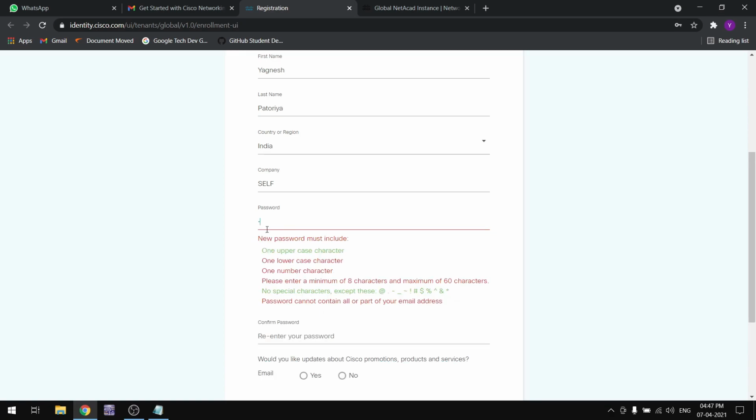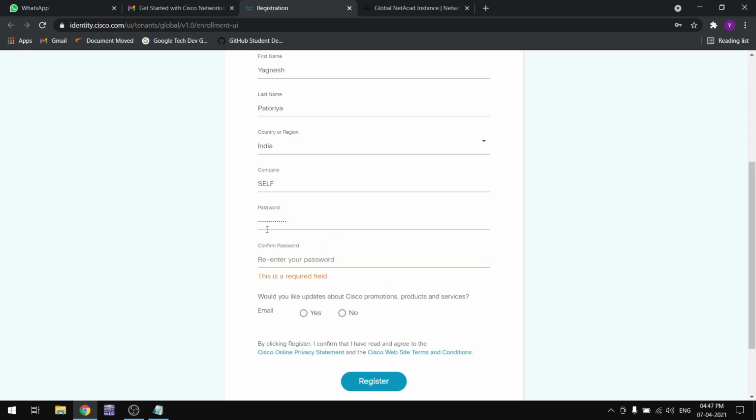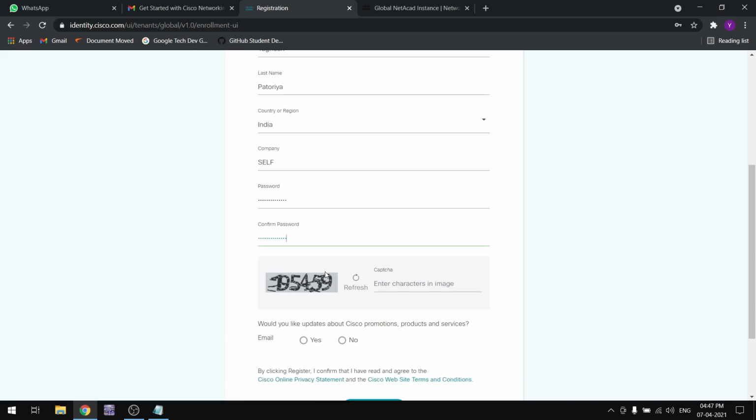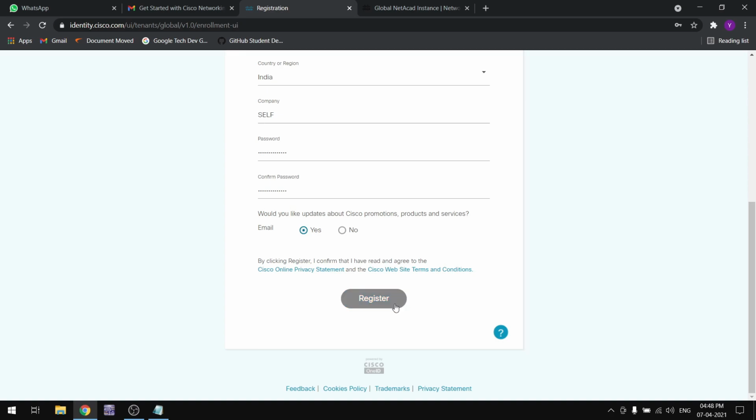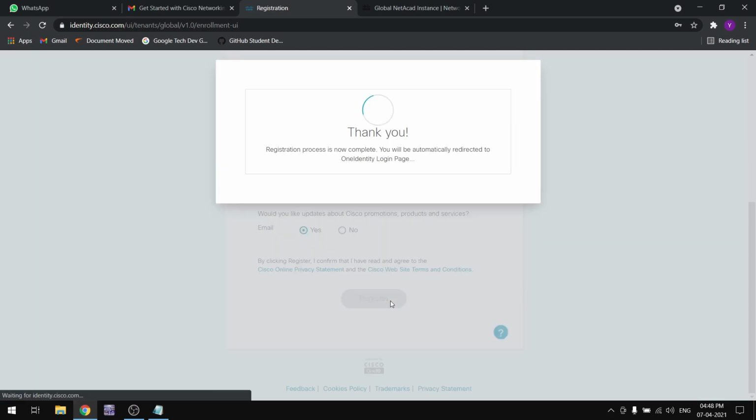Here you can see how to set a password. After setting a password, you have this captcha. After filling the captcha, you simply click on register. You can see the registration process is now completed.